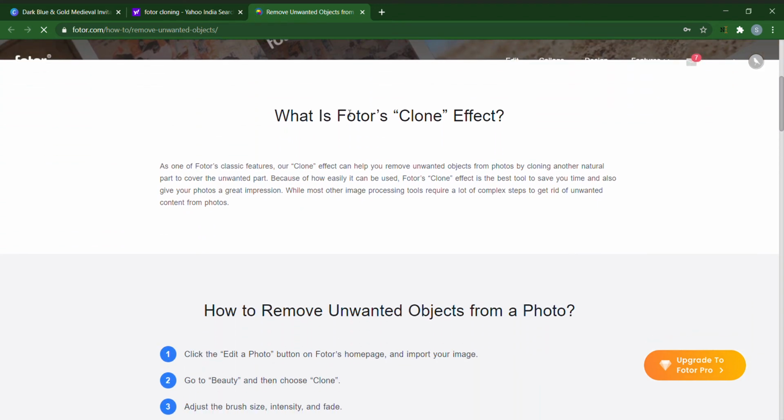Okay, now I'm going to explain what the clone effect is. The clone feature clones the part we want, and after cloning that part, this feature also helps us paste that cloned part wherever we want. This is such a cool feature which we can use for removing unnecessary objects in the image.